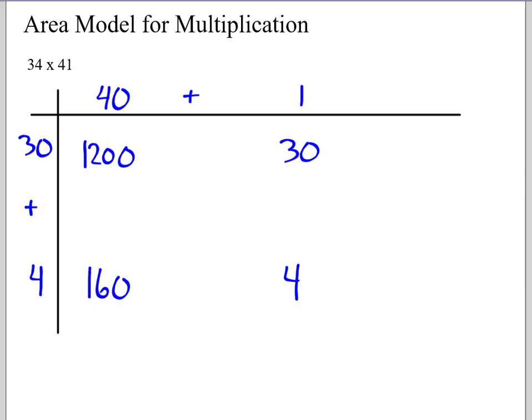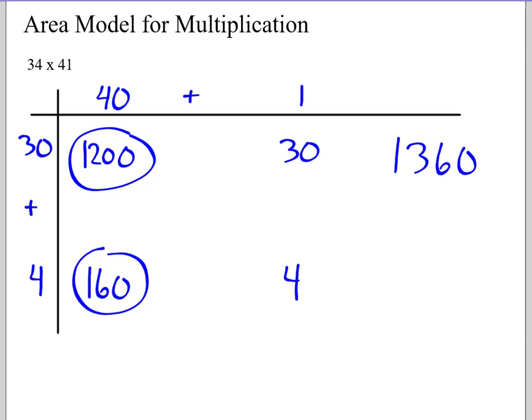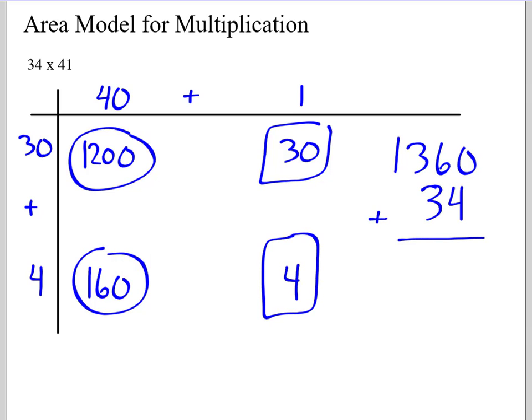Okay, so now all I have to do is add those together. So I have 1,200. I'm going to do these two together. So there's 1,360. I'll add these two together with an additional 34. I add those up, and I get 1,394. Okay, so we're going to take that idea and we're going to remove the numbers and